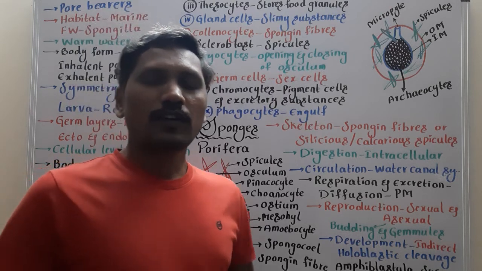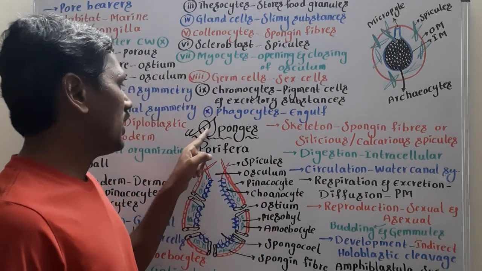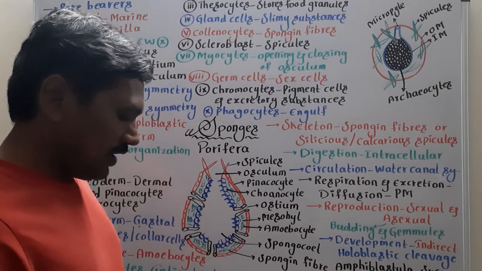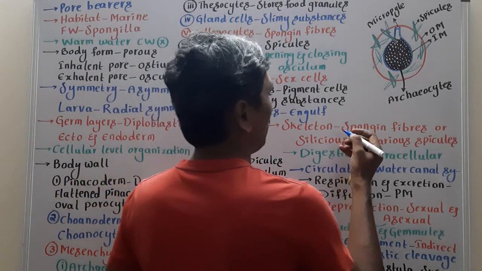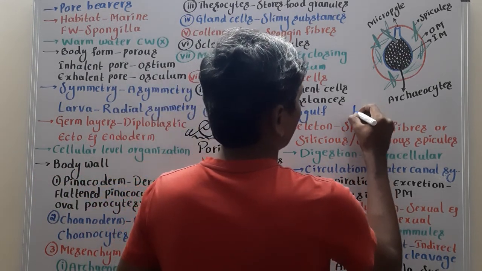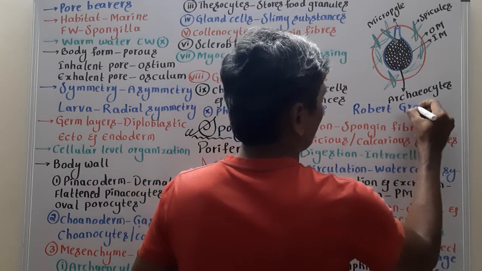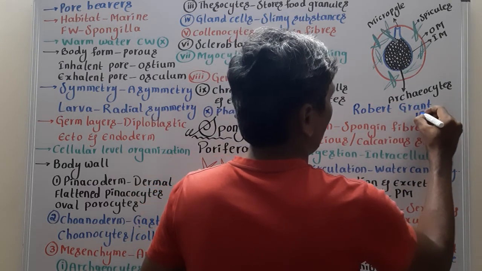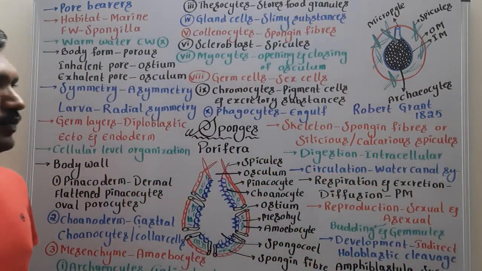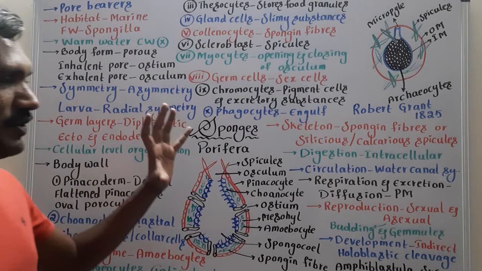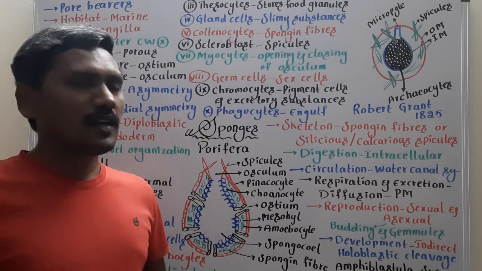Today we are going to discuss the phylum Porifera. The phylum Porifera, generally we call them sponges. The name Phylum Porifera was given by Robert Grant in 1825. Now, let us see the characteristic features of poriferans today, and in the next class or upcoming video we